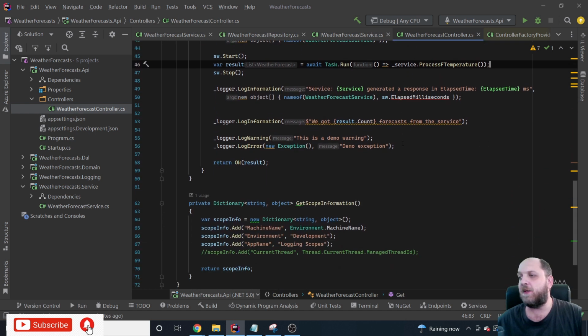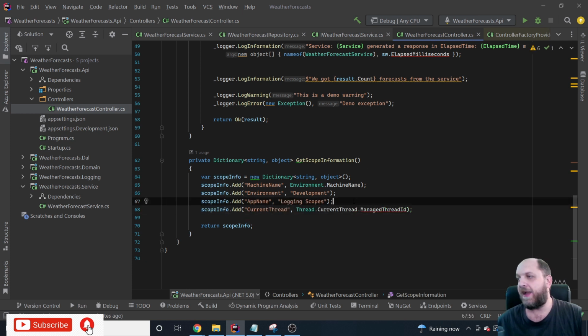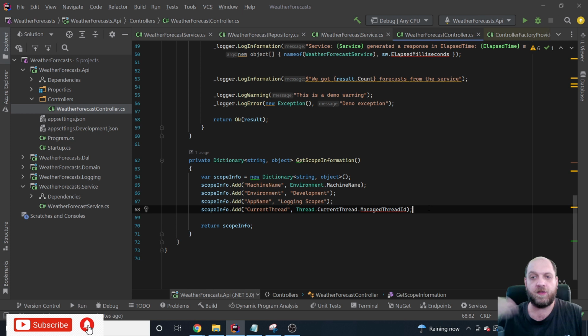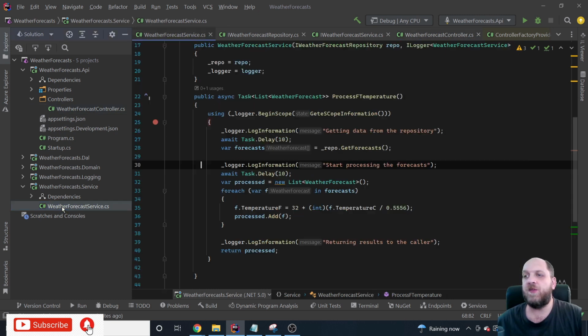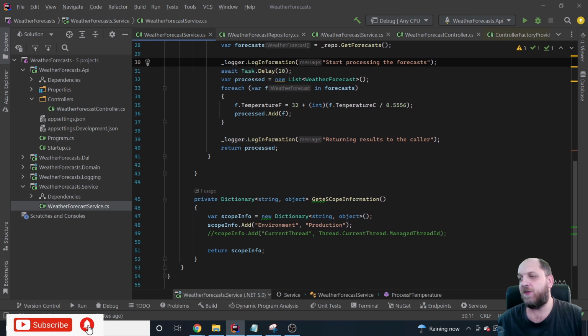Now, to enable us an option to see information about that, we can do the following. First of all, we have enabled this other current thread key value pair that takes the thread ID of the current managed thread, since we are not creating the threads on our own. All the threads are managed by the platform. We just get the ID of the managed thread on which this one runs right now. Exactly the same thing we would have to do here in the service. So we have this scope information,